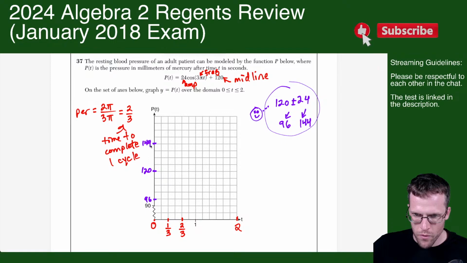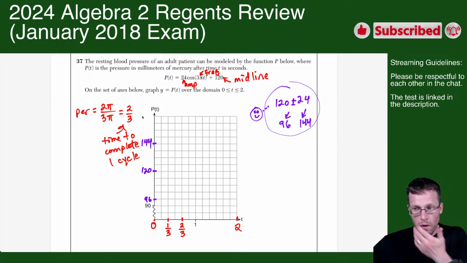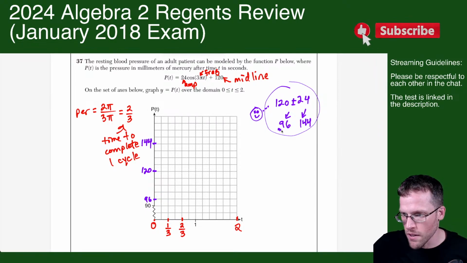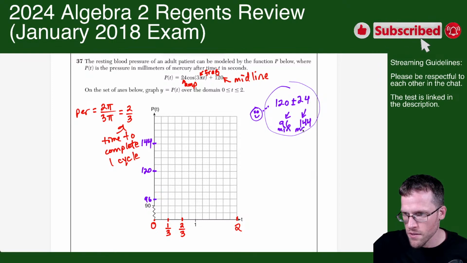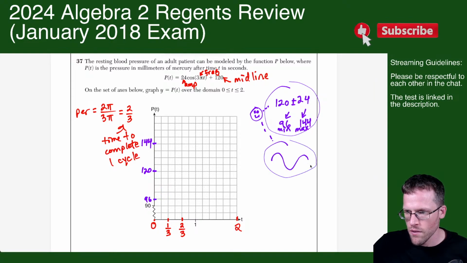See that? There's 144. Just make that a little neater. So 144. And these are the values we want. This is the min, and this is the max. Okay, so when I think about a sine curve or a cosine curve, like